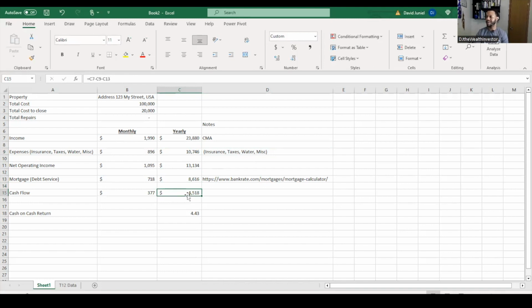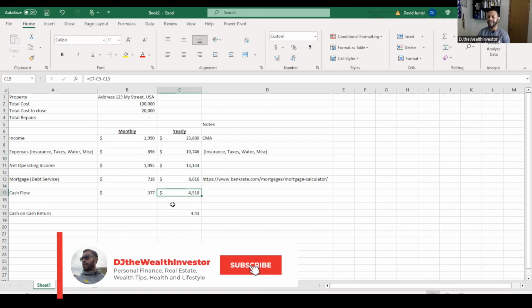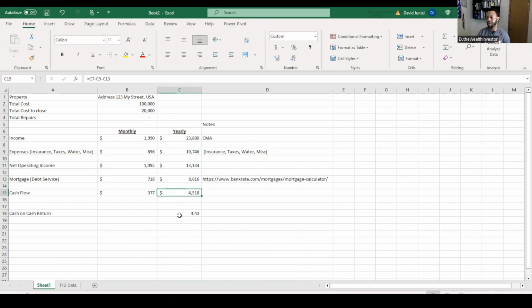Yeah, so you make about $4,500 a year off of this property. All right, so based off of that, then you're able to understand if that's cool, if that's something that you're interested in. Then another